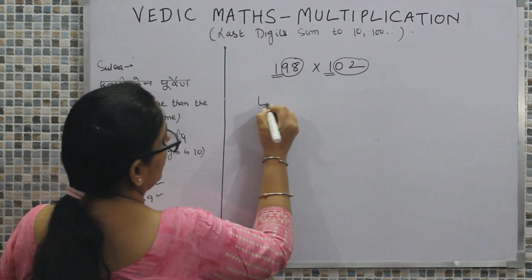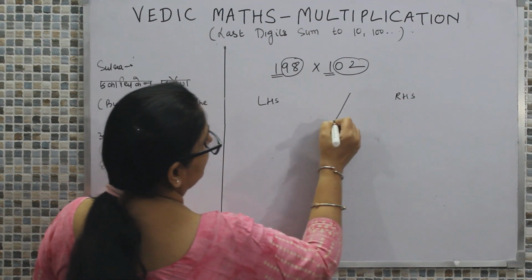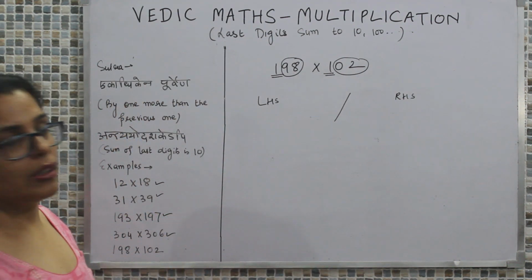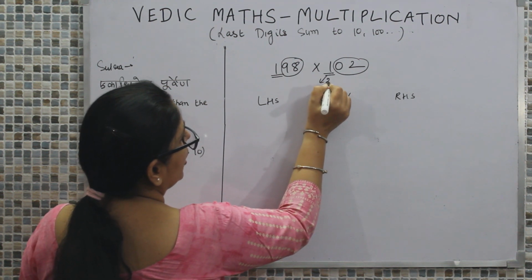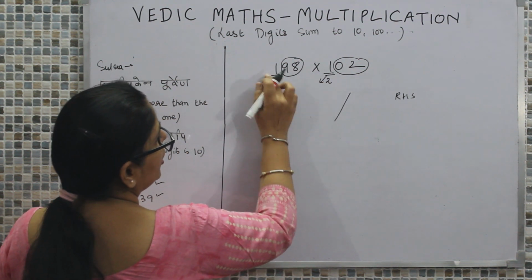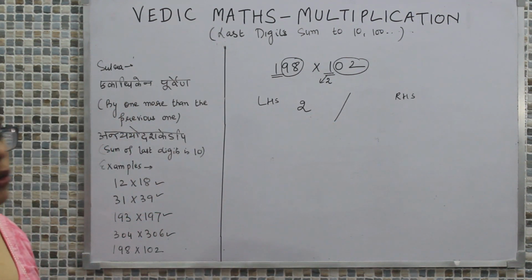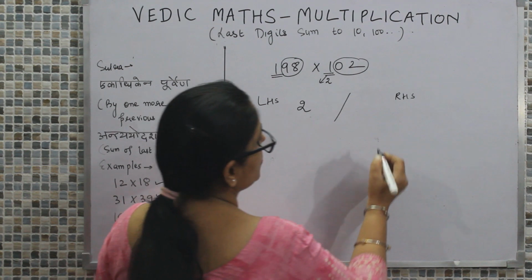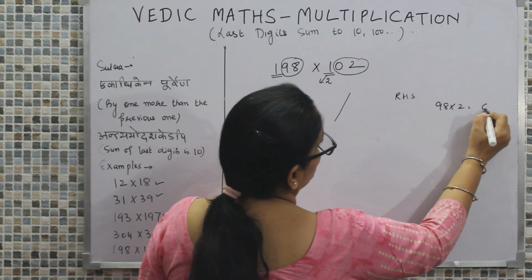Now let's make out the calculation, LHS and RHS. For LHS, Ekadhikena, exceed 1 by 1, so we get 2. 1 into 2 will be 2. The LHS will have simply 2. For the RHS, we have 98 into 2, so that will be